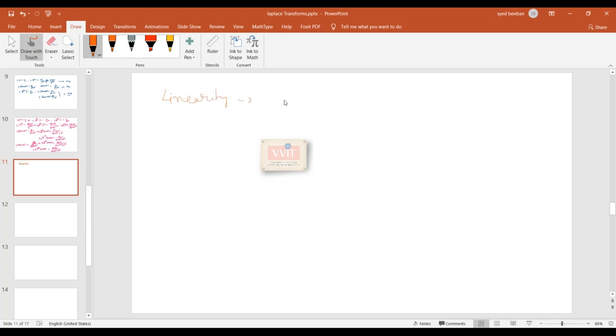Linearity. In the linearity property, a group of functions is given. A group of functions can be solved easily by using this linearity property. The Laplace transform is defined for individual functions, which we studied in that. And in the first shifting property,